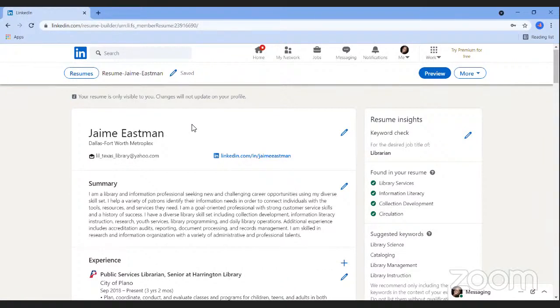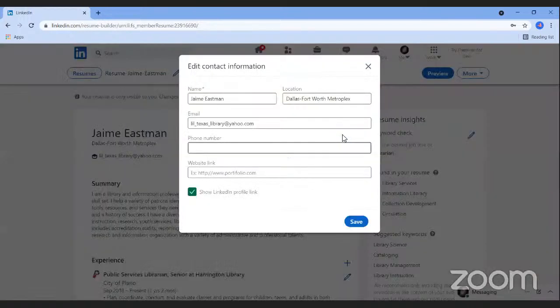And you probably don't need to make too many changes here, but if you do, you can go ahead and click on the pencil icon in the right corner, which will pull up your editing options. And this section is going to include your name, which should reflect the name that you go by professionally, your location, which you can either choose to have as a specific city or a wider metropolitan area. So for mine, I've put in the Dallas-Fort Worth Metroplex rather than being specific to the city of Plano.